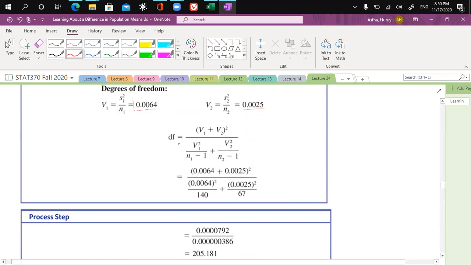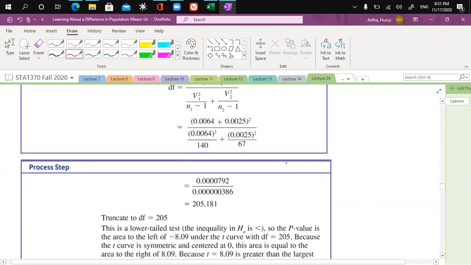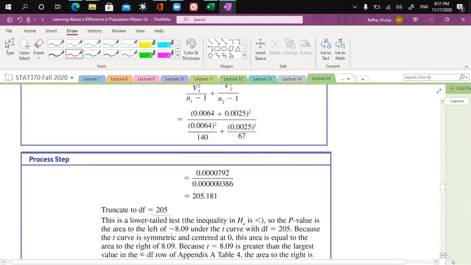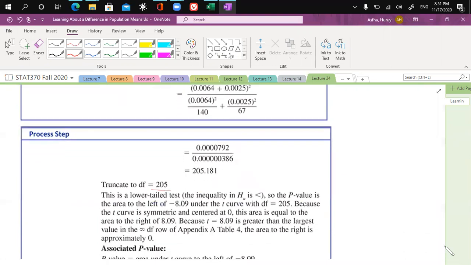All right, and the degrees of freedom is given by this formula. So substituting all the values, we get 205.181, and we round this one down, so the degrees of freedom is 205. This is the truncated degrees of freedom. And well, using this degrees of freedom